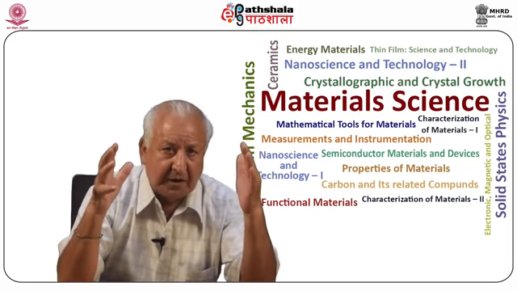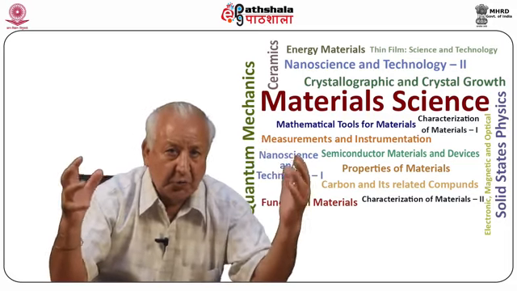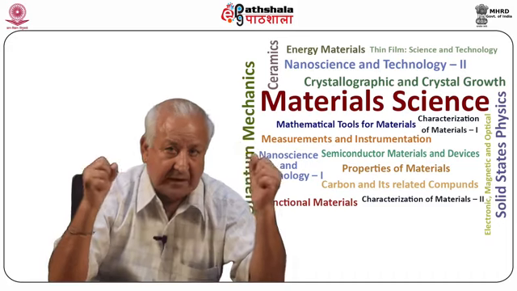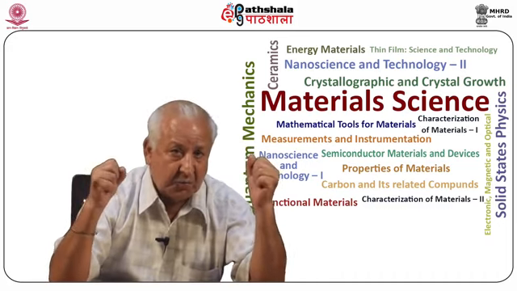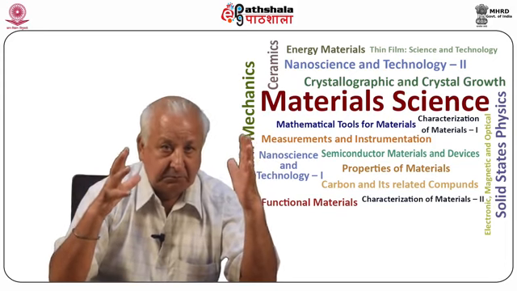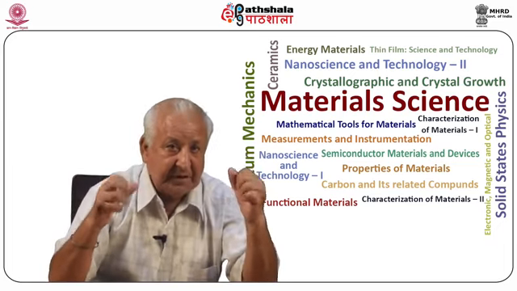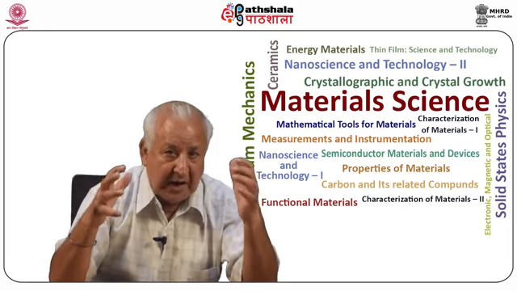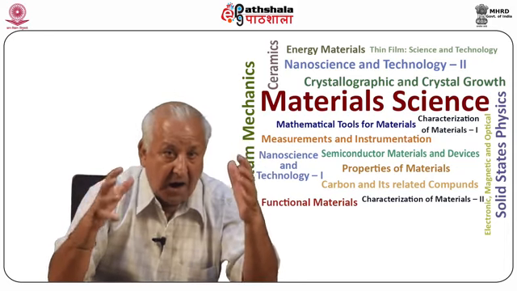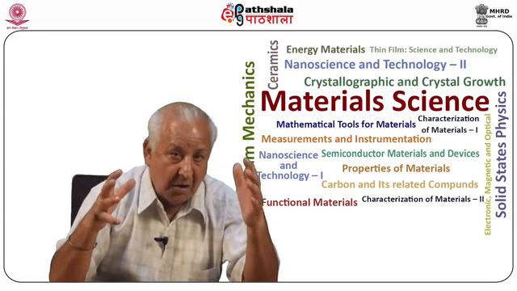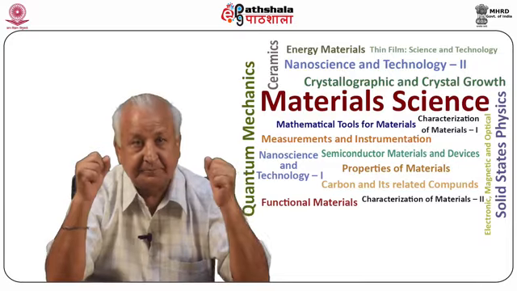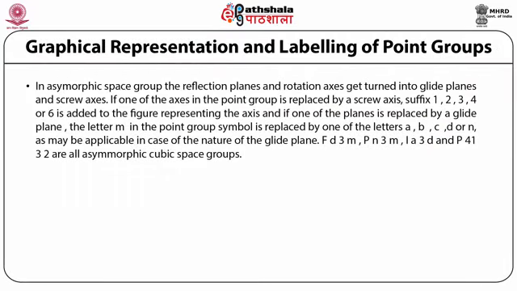Similarly, the 5 cubic point groups associated with the other 2 cubic lattices, namely the primitive cubic lattice symbolized by capital P and the body-centered cubic lattice symbolized by capital I, are assigned to the space groups as capital P 2 3, capital P m 3, capital P 4 3 m, capital P 4 3 2 and capital P m 3 m, and I 2 3, I m 3, I 4 3 m, I 4 3 2 and I m 3 m.